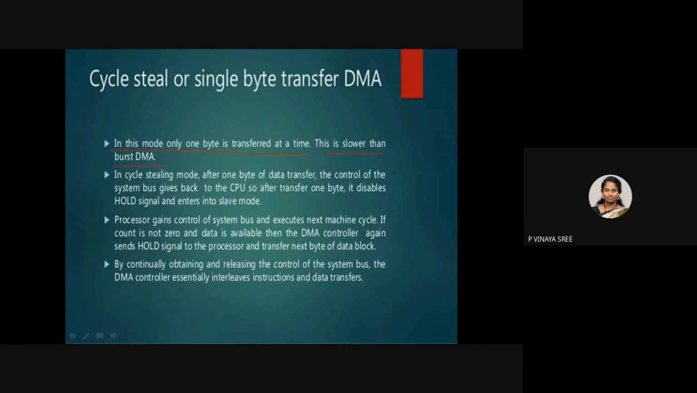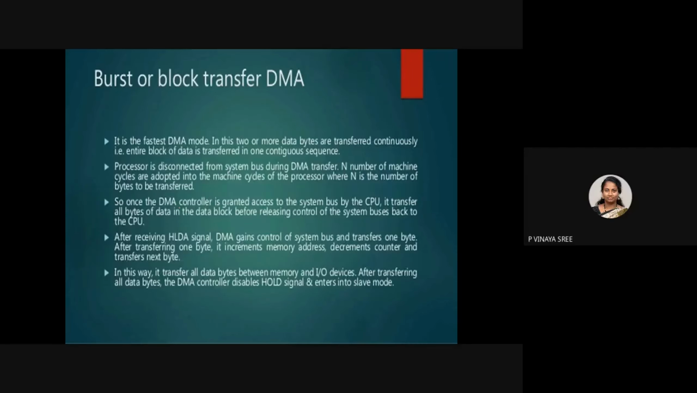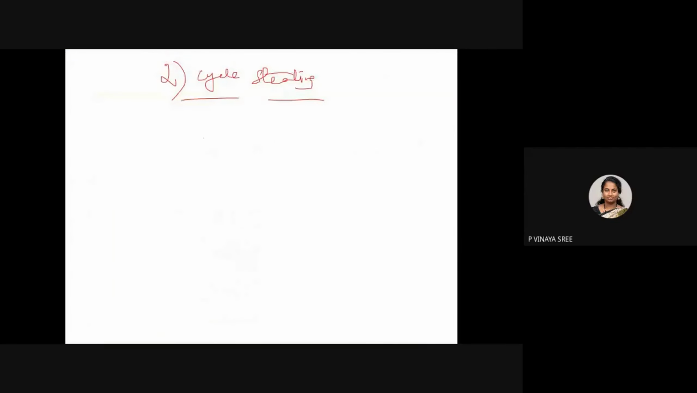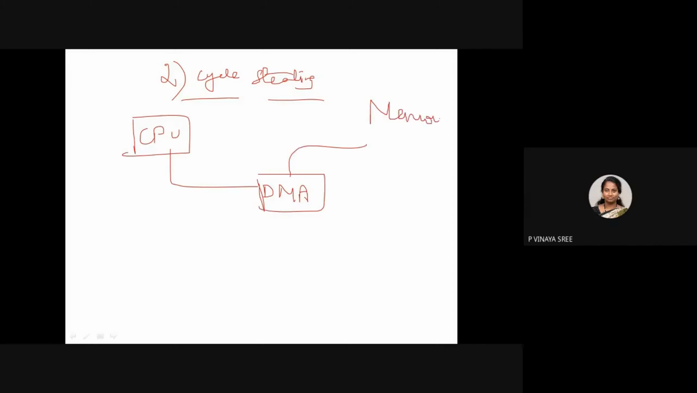Why am I saying it is slower? Because in the previous one I said it is faster. Why? Because for that much time DMA is using the system bus for transferring, so it will be faster. But whereas in cycle stealing, why it becomes slower, concentrate. See here, the CPU is there. The CPU will release the bus, and now DMA is using the bus. With the help of this bus, it transfers data between a memory and an IO. But will it complete until